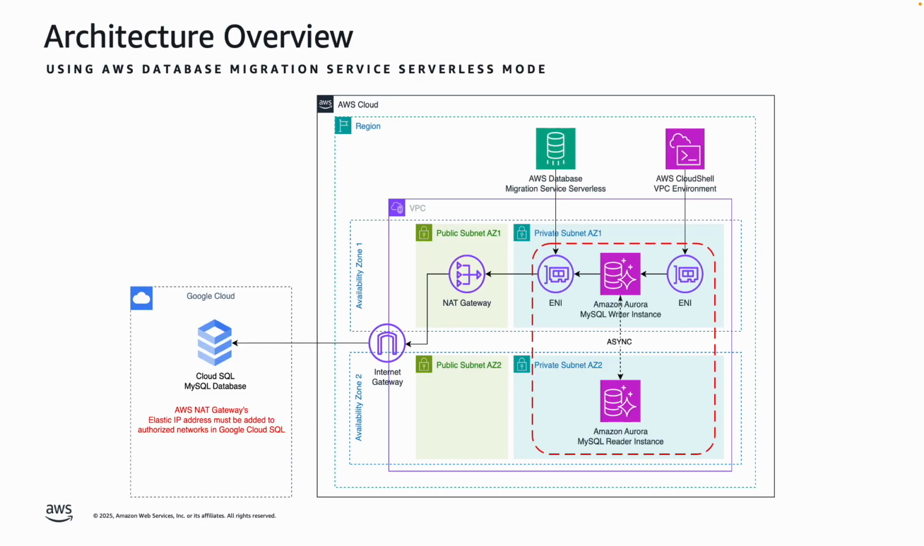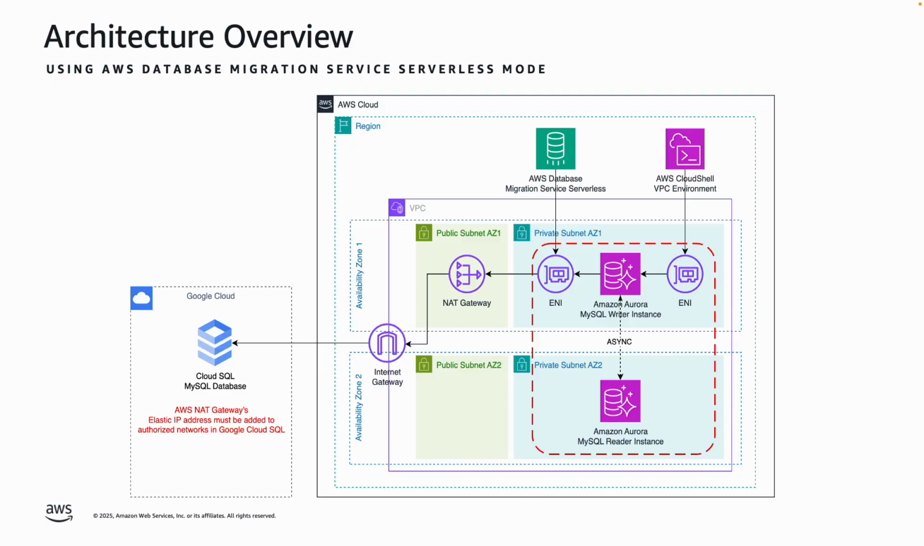Because when we create a migration task in the serverless mode, the database migration service will create an elastic network interface inside your VPC. And we will achieve that by creating a subnet group with only private subnets. When we do that, the DMS service will create the ENI inside the private subnet, and thus the traffic will flow through the NAT gateway that we have inside the VPC. This way, we'll achieve the communication from our custom VPC to the Cloud SQL database via the NAT gateway's elastic